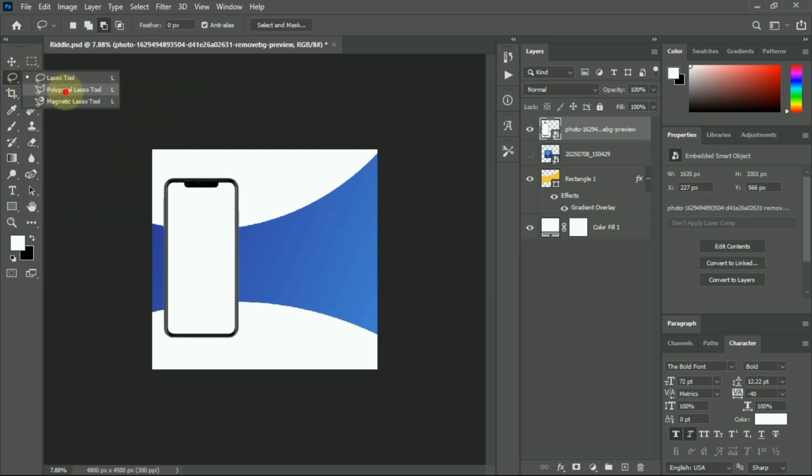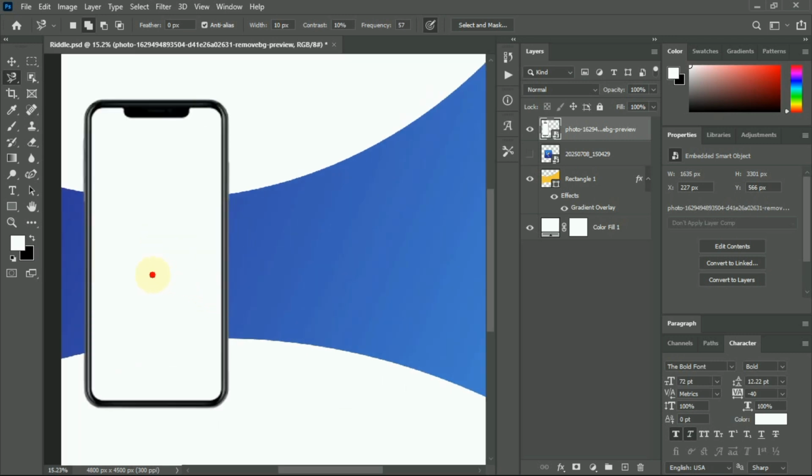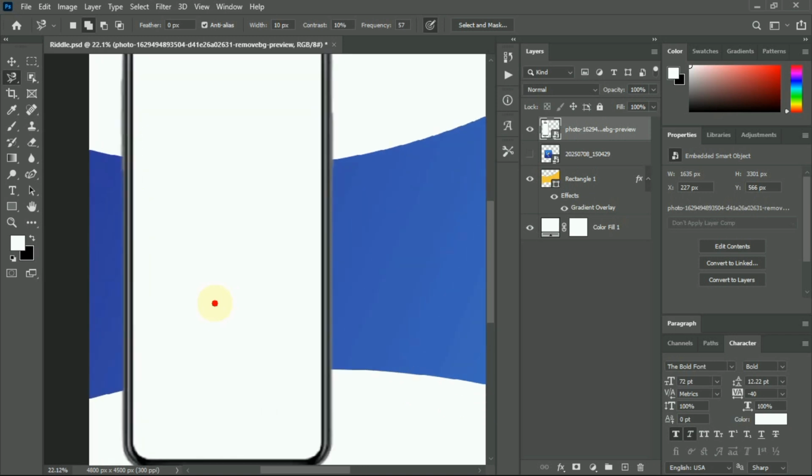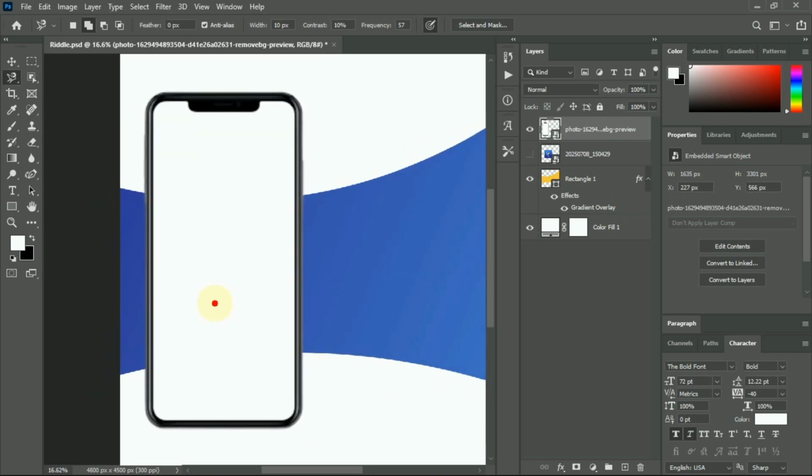Let me try maybe magnetic and see if it is going. Deselect. I'm going to expand our app like that, reduce a little bit. Let's see if it is going to do a good job. It is actually doing a great job,